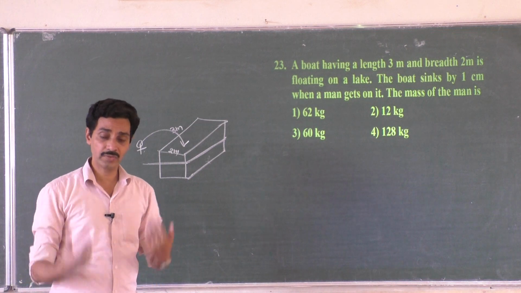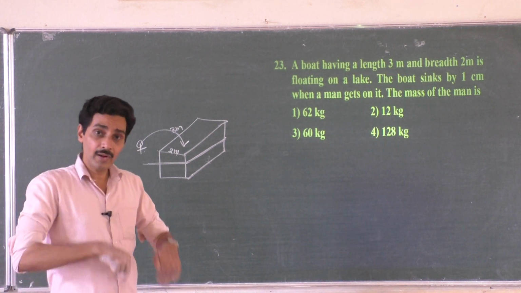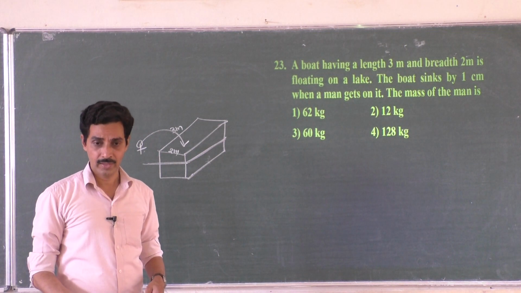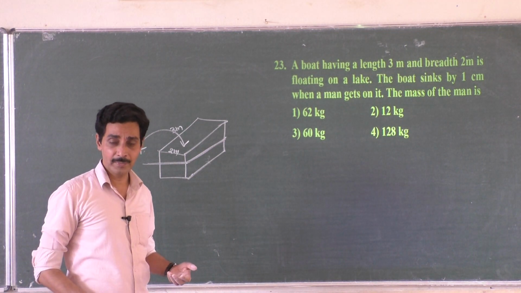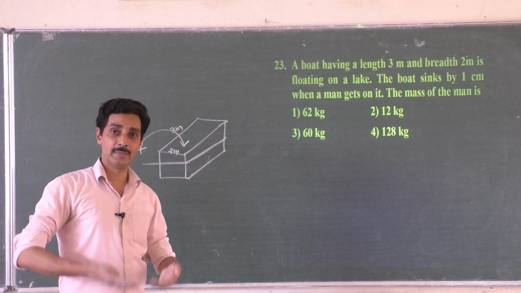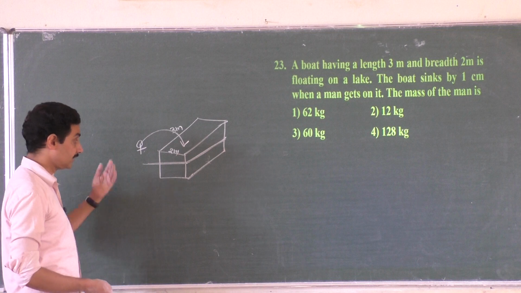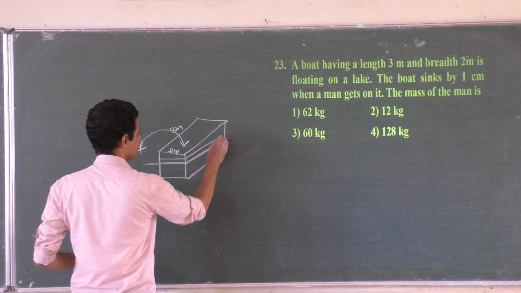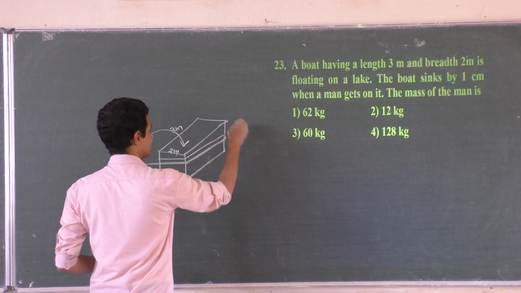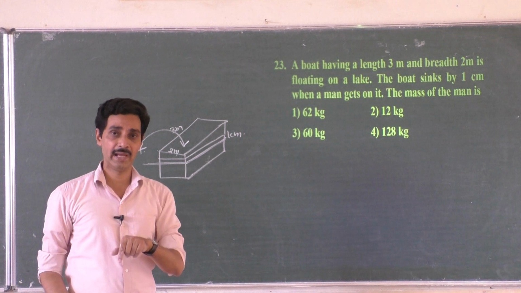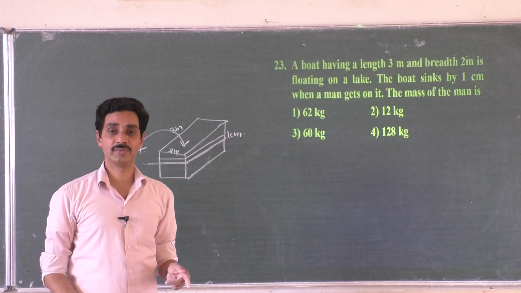Last time when the stones were thrown into the river, they were on the boat itself. When the stones were thrown into the river, what happens is the boat has become lighter, but water has received stones, so the level of water will remain the same. Now similarly, but here the man is the extra person who is getting in, and the boat sinks by 1 centimeter. 1 centimeter extra it will sink. Now that extra water displaced is because of the man. So what should be the weight of the man?